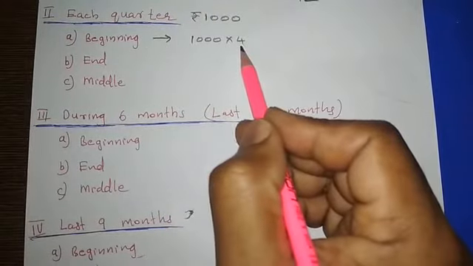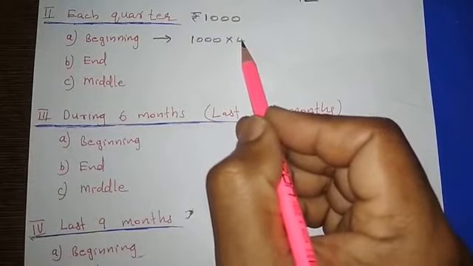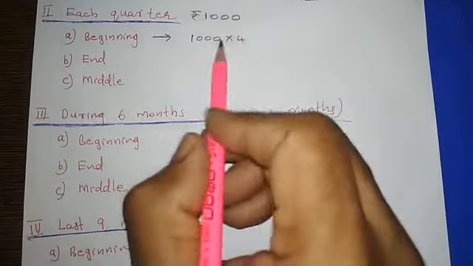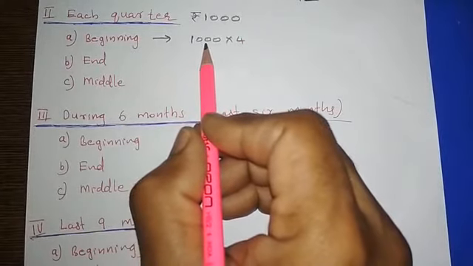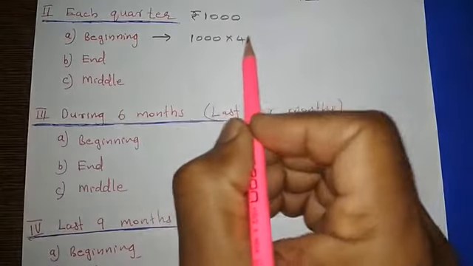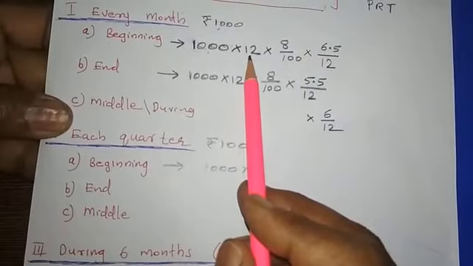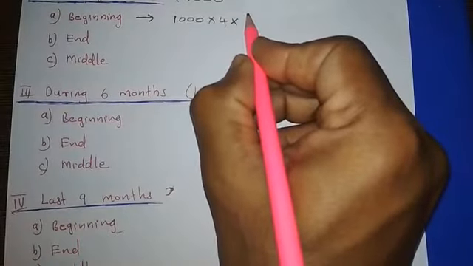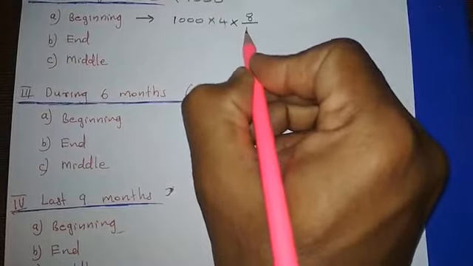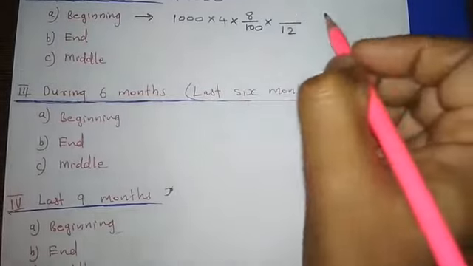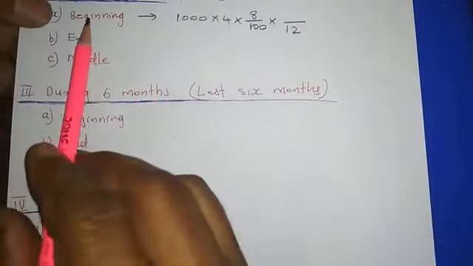Did you understand why we are multiplying with 4? We are multiplying with 4 because in 1 year there are 4 quarters. It means in the first quarter he is withdrawing 1000, in the second quarter also 1000, like that 4 quarters. So the total money he withdrew will be 4000. That is why here we are taking 4. But in the previous formula we took 12 because the drawing was every month. Then after that, into the rate, we assumed that it is 8%. Then here also we have to take the average months.